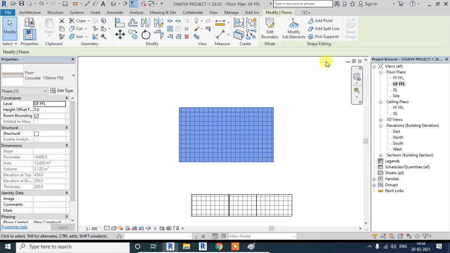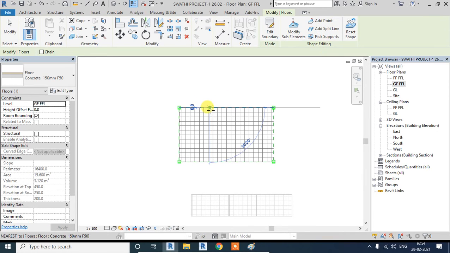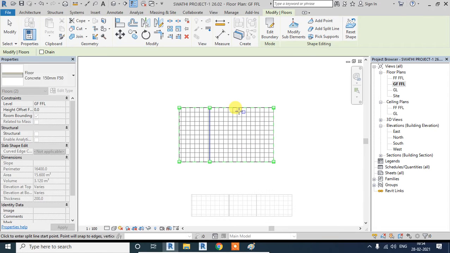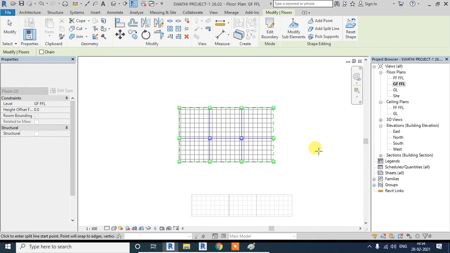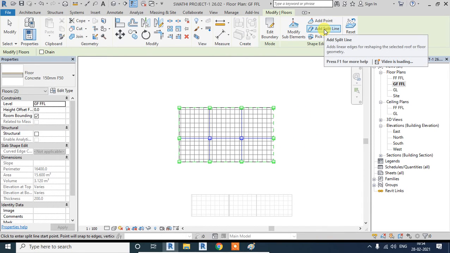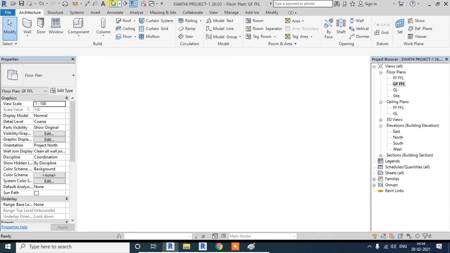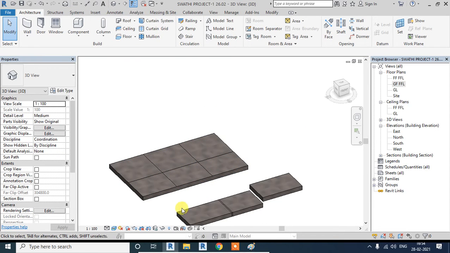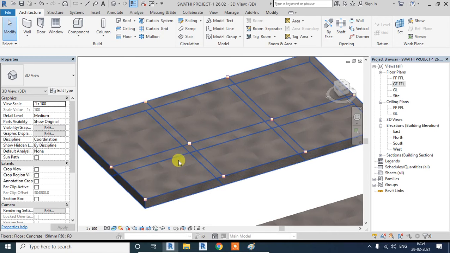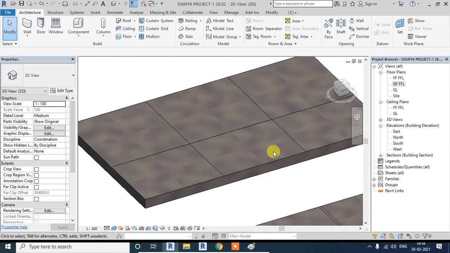Here I can add a split line, and divide this further into parts virtually. Did you notice what I did here? So you have virtually divided it.